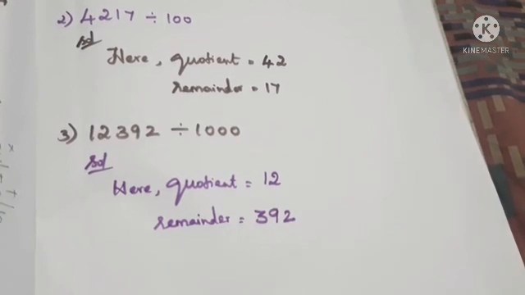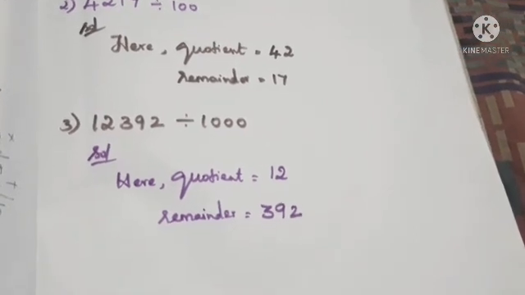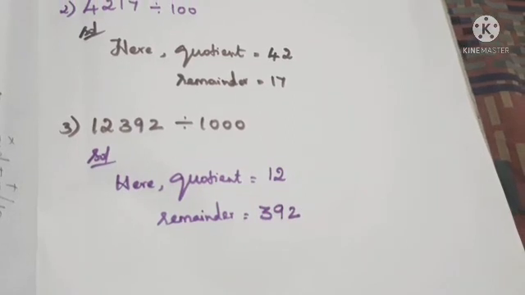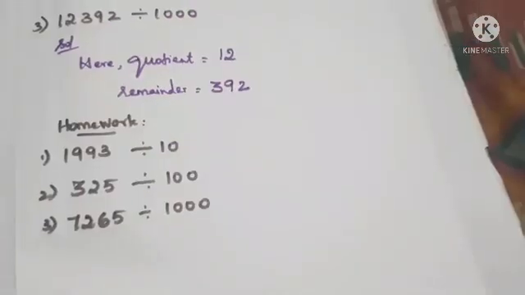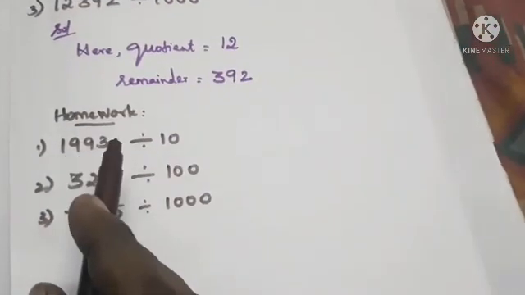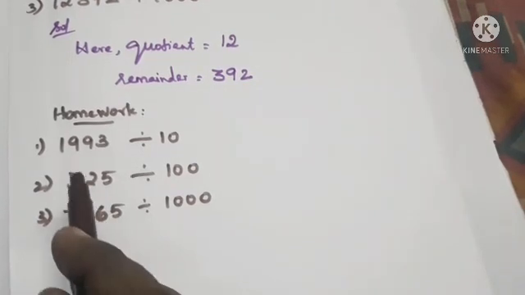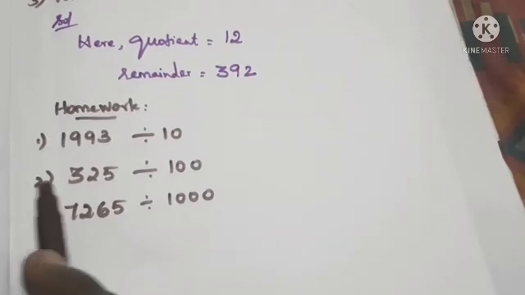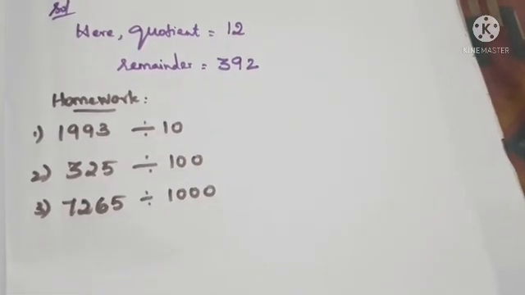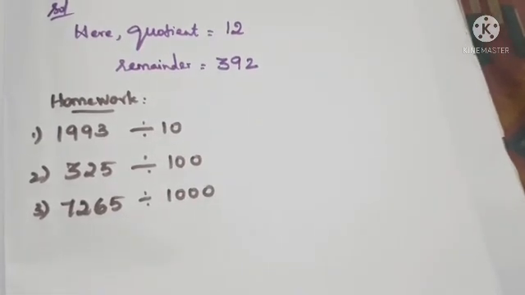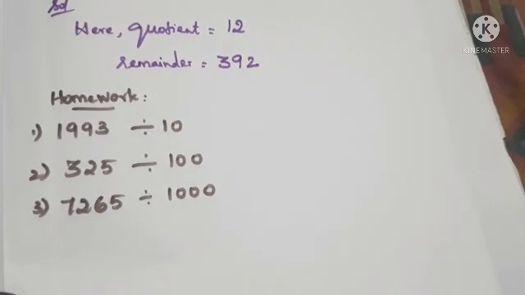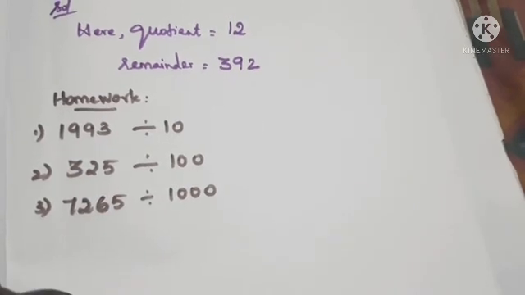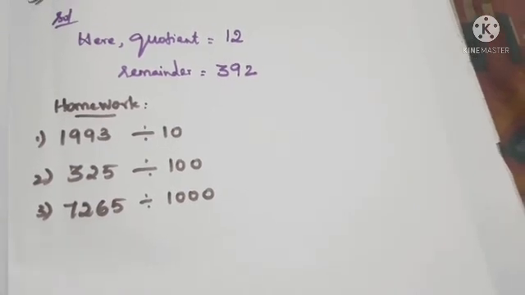Have you understood this? Next, based on these problems, you have to do 3 homework. Here you have the homework questions. Do these 3 homework and also the last Roman number homework. Totally you have 5 homework. So do the homework and we can meet in the next class with the remaining portions. Thank you so much.